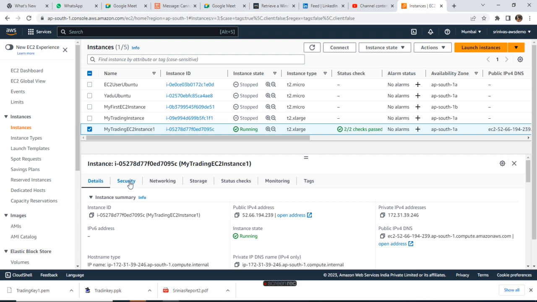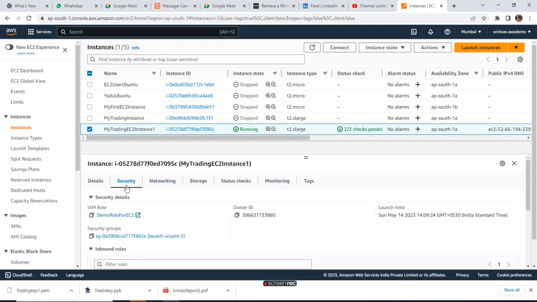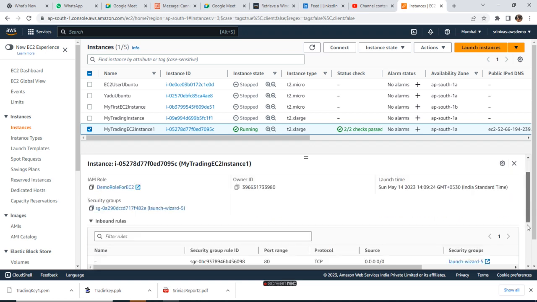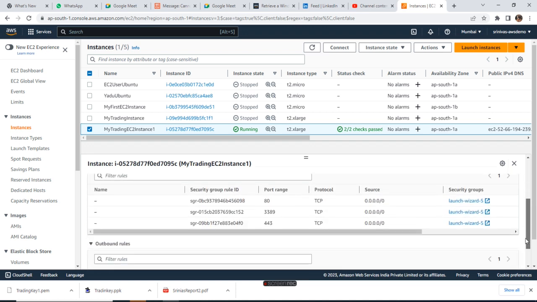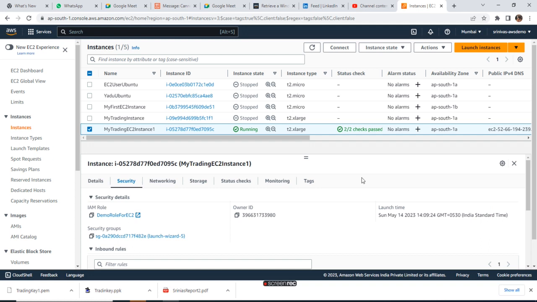So I used the existing one, and I created my instance with T2X large, that is with 8 MB and 16 GB space, and in the security group I allowed for RDP access. So this is my security group. I allowed for RDP access, that is the remote desktop access, and then